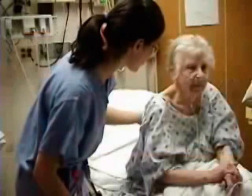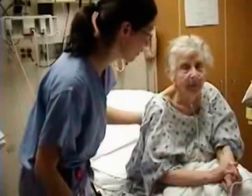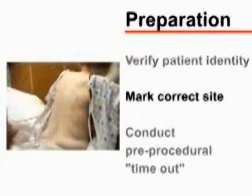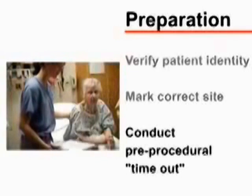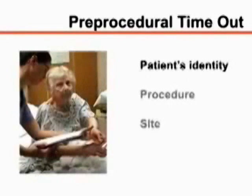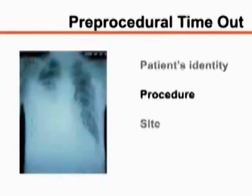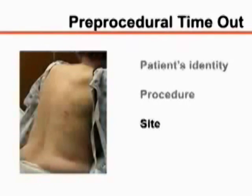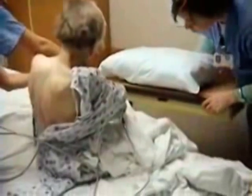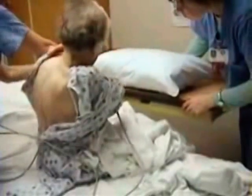Explain the procedure to the patient and obtain written informed consent. You should also verify the patient's identity, mark the correct site, and conduct a pre-procedural timeout. The timeout, which takes place immediately before the procedure is started, consists of confirmation by all members of the care team that the patient's identity, the procedure he or she is to undergo, and the site of the procedure are all correct. You will need an assistant to help position and monitor the patient and assist with the collection of